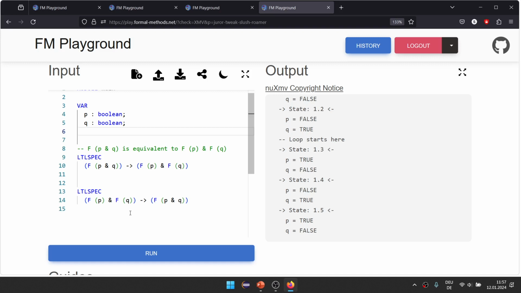Now, what happens if we check these LTL constraints? These implications here, will they be true or false on this model? This model can do whatever it likes. This means it can produce any possible computation over these variables P and Q. Is there a model that can produce more computations than this model? No, because any other model could only produce fewer computations than this model, or the same number